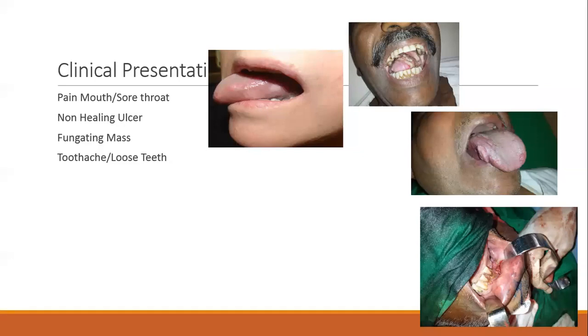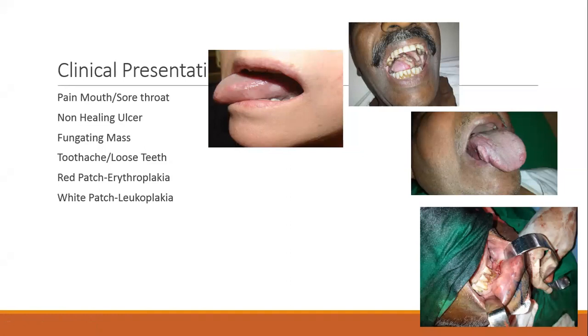So this again you see coming from the lower alveolus. Patient had a toothache and somebody removed his lower, I think, first premolar. But if you look carefully, there is an ulcer. So any ulcer or thickening or swelling or a mass near the loose teeth is an indication that it could be malignant. Okay, red patch, white patch. So these can be the clinical presentation.